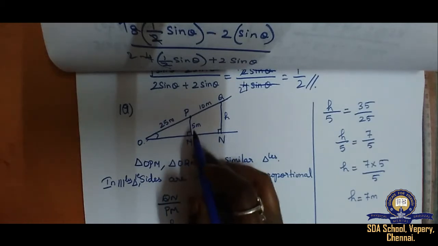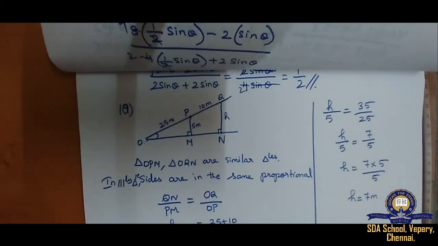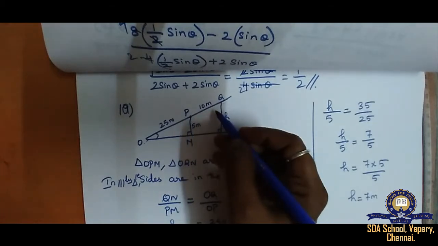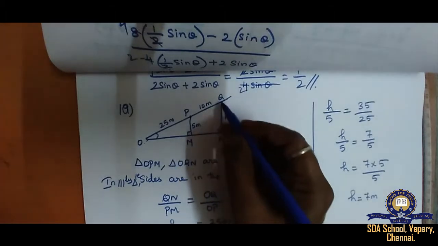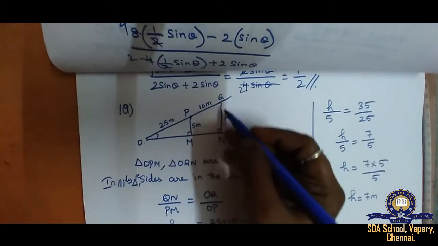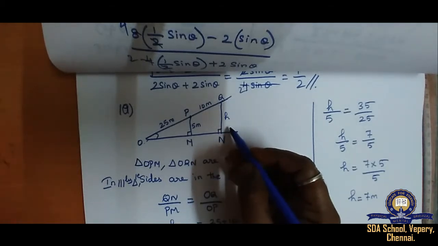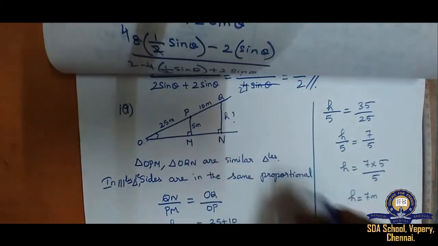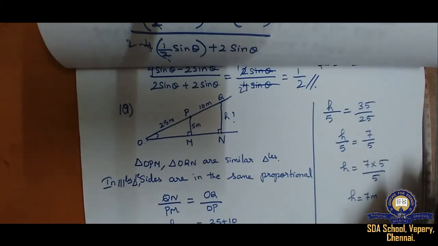Then the thread is extended by 10 meter. After that he is losing the thread, and from P it is moving to Q, that is 10 meter. It reaches a point Q. What will be the height of QN from the ground? From Q to N, what is the level from the ground? Use trigonometric ratios. We are supposed to find the H value, the height from Q to the ground. So here we are going to use trigonometric ratios.